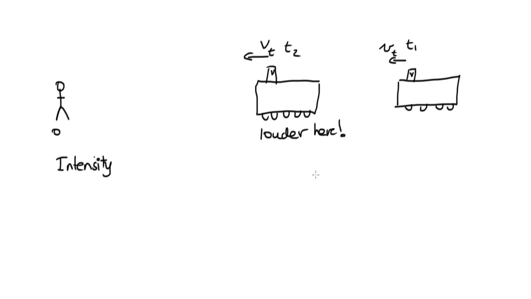Now, the tricky part is what happens to the frequency. Well, the frequency observed at t1 is given by the frequency emitted, so let's call that ft, the frequency of the train, and this is the frequency observed, and then it's going to be v. Now the observer's not moving, so we've got no observer velocity here over v, and now the train is approaching